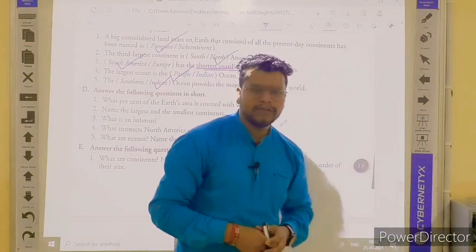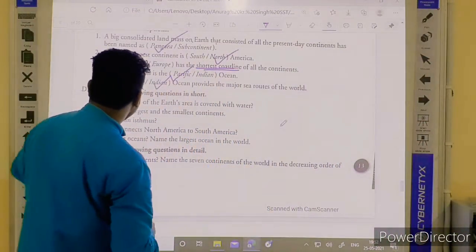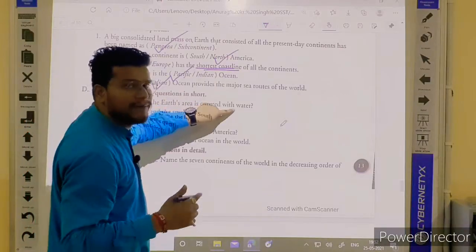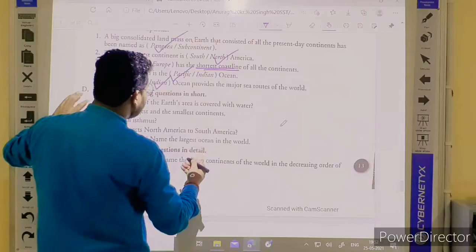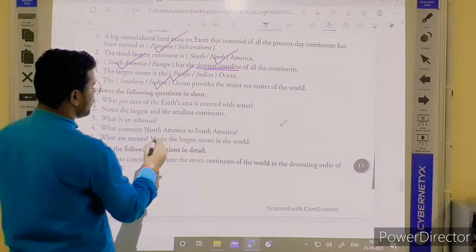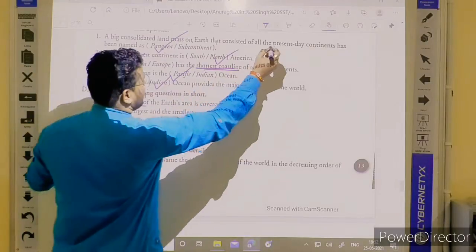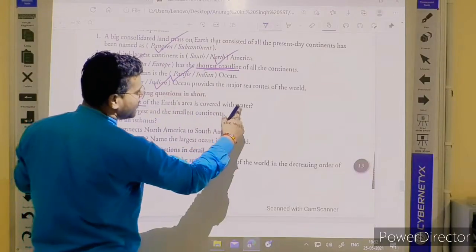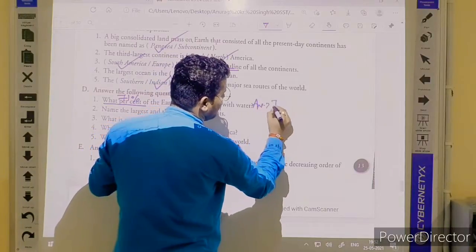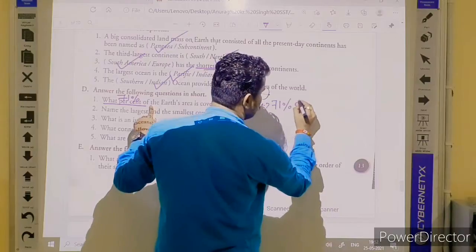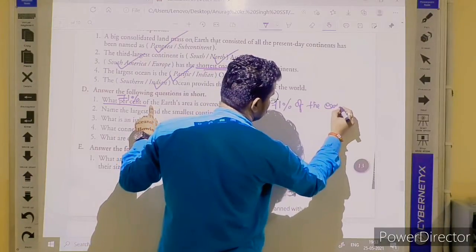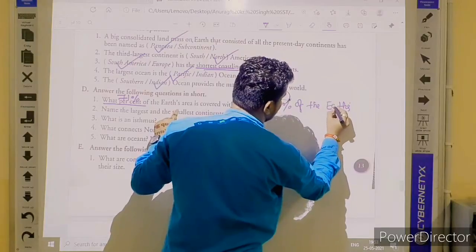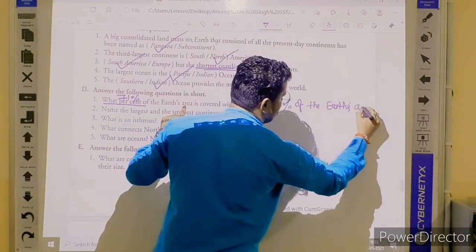Now let us continue with D type, which is short question answer. What percent of Earth's area is covered with water? We just did this question as a fill in the blanks. We know that. 71% of the Earth's area is covered with water. So your answer should be 71% of the Earth's area